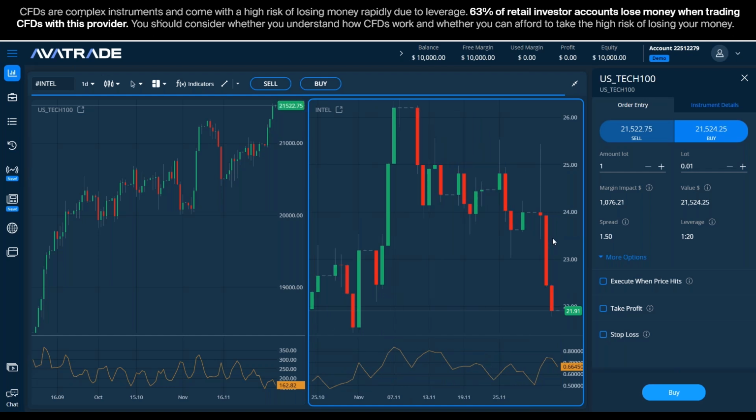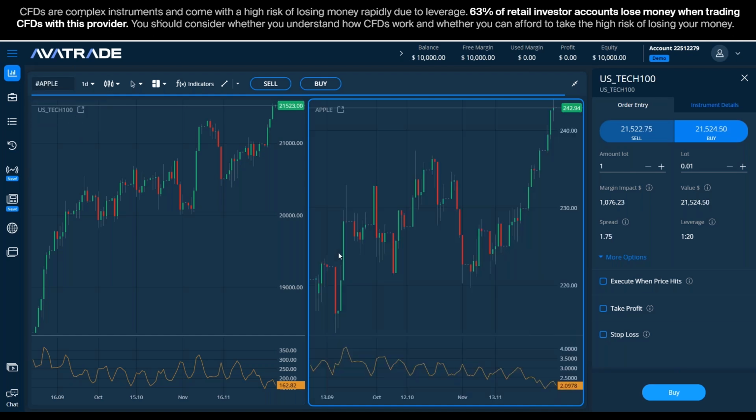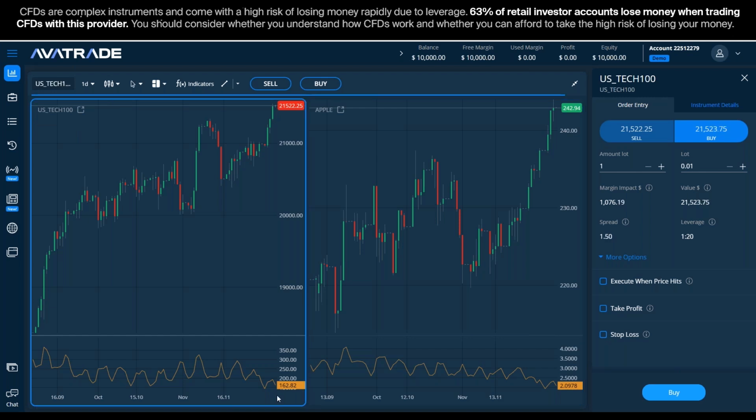Okay, it doesn't make a lot of difference. As we can see here, Intel is moving much less. Even if I take another instrument like Apple, we can still see again per day, it's not even close to what we get with NASDAQ. Okay, and like I said, because the value here is much bigger, we can expect it to move much more